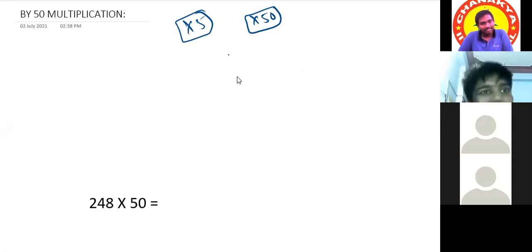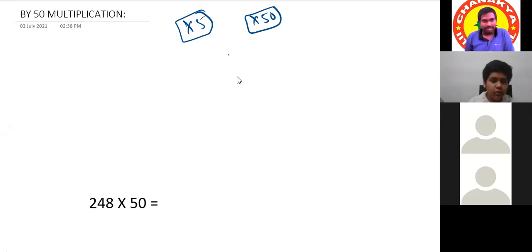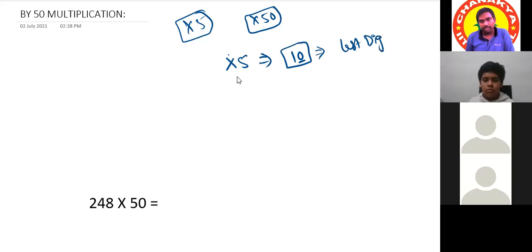Like we already know, in childhood, 100 divided by 2. Yes, very good. Into 100 divided by 2. That's all. So 24800 divided by 2. Simply, here into 5 means we are making it 10, right? Our base number is 10. Because 10 consists of only one 0, we'll put the last digit. That's why we will discuss the last digit. If the remainder is 0, we'll put the last digit as 0. If the remainder is 1, we'll put the last digit as 5, right? Based on the remainder.